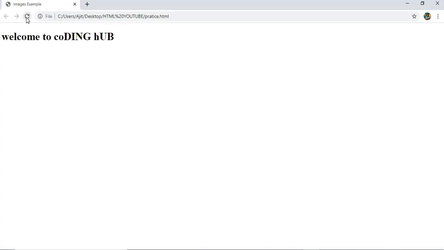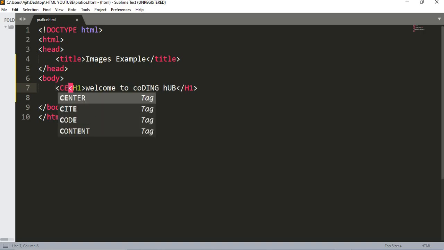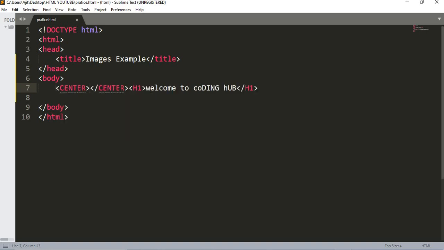Let's see what is coming. So we are getting this over here. Okay, so let's put it in center. As you all know, I have told you how to put this in center. So we can write center and we can easily put it in center.